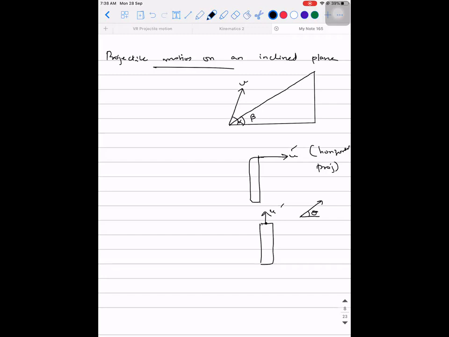Now, what would be the particle's trajectory? What will be the path followed by it? Projectile motion. So it will travel in a parabolic path. It will go like this, and it will hit this point, right? So when this is going to hit, our work is to calculate the time of flight, the range, and all those parameters. Just like how we did in the previous case, we are going to do here also. But there is going to be a slight difference, right?